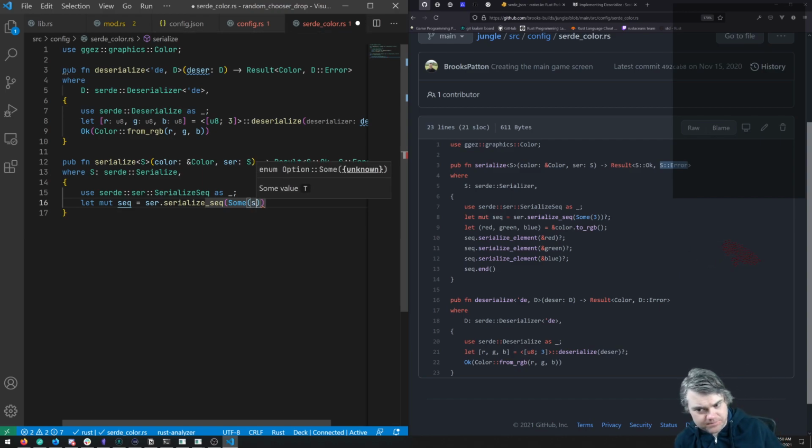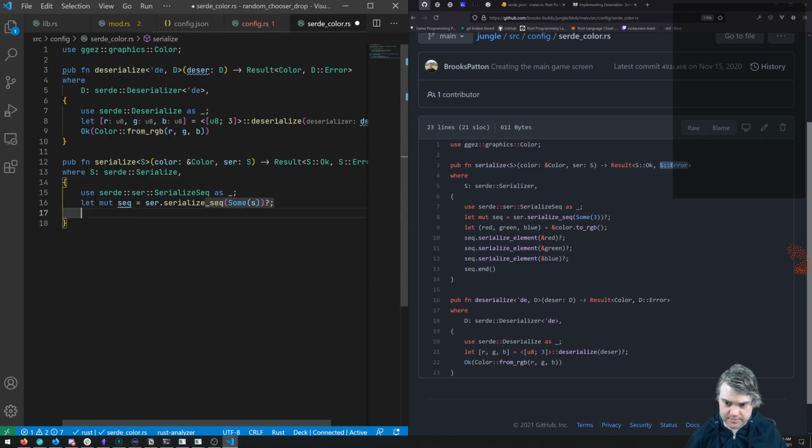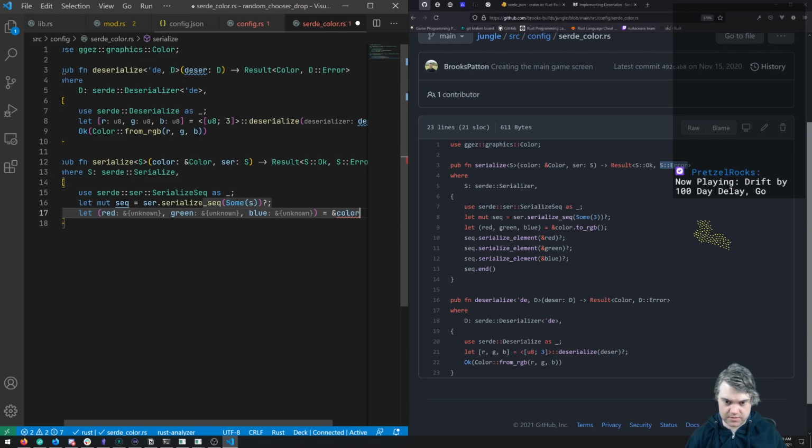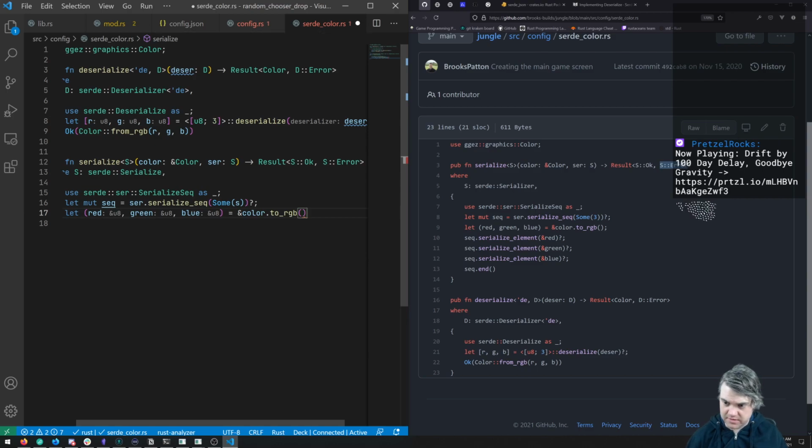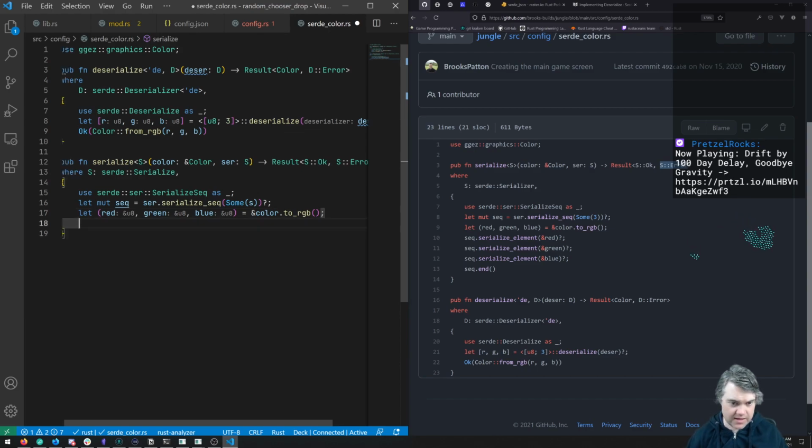Some 3. A sequence of 3 things. That's what we're doing. A sequence of 3 things. And then we're gonna get this red, green, blue out of here. And then to RGB. Set grabs those. So now we have these U8s. And then